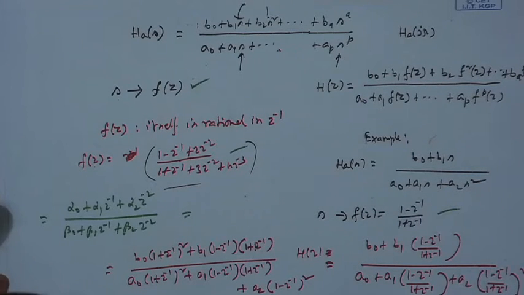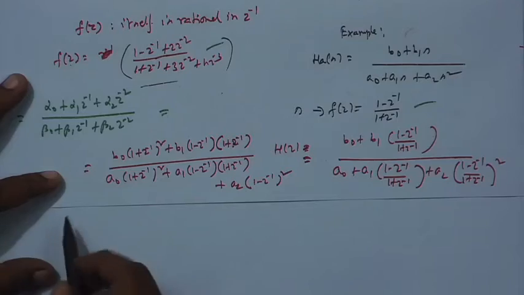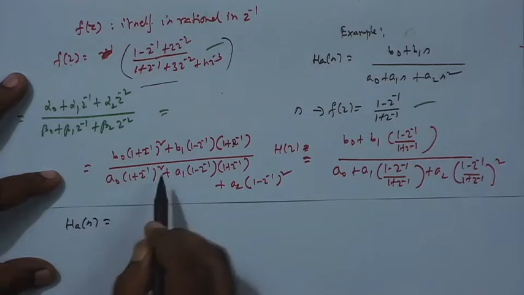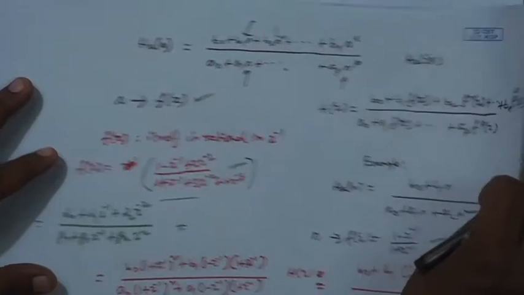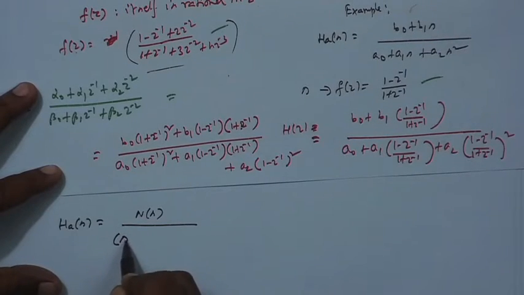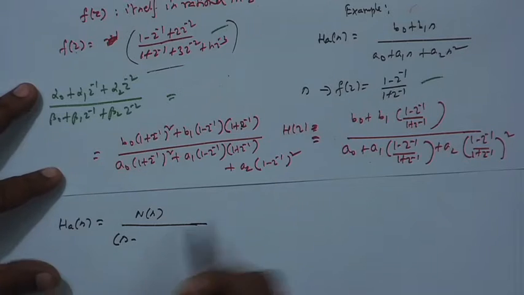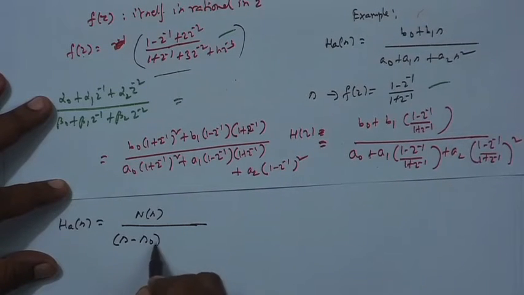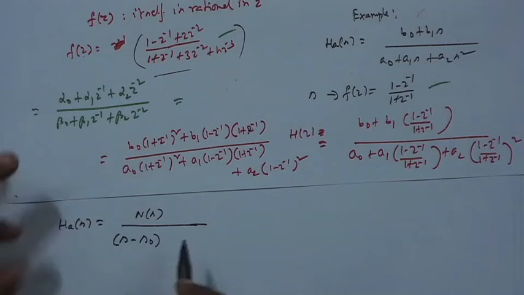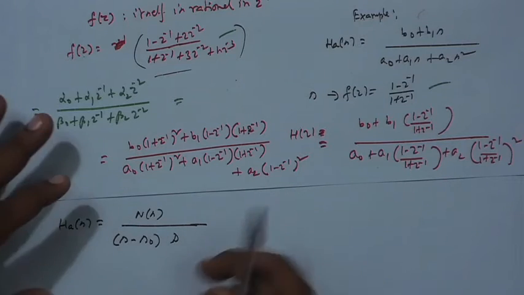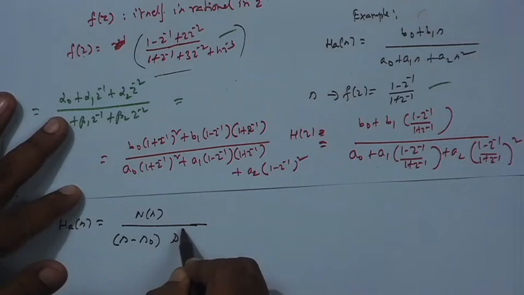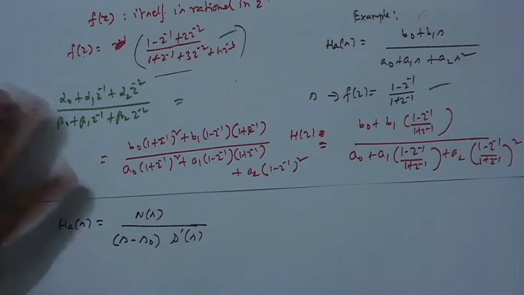Next, we can also write H_A(S) as numerator polynomial N(S) divided by denominator polynomial. The denominator polynomial you can factorize into first order factors. One factor I separate out, maybe S minus S naught, and the remaining ones, because we will study only one pole at a time, S equal to S0 is a pole, all remaining factors are combined to form another polynomial, maybe D prime(S), whose degree is 1 less, because one factor has gone out.